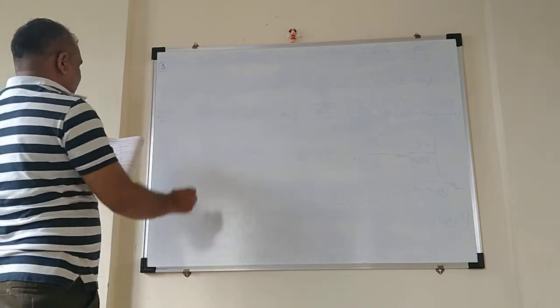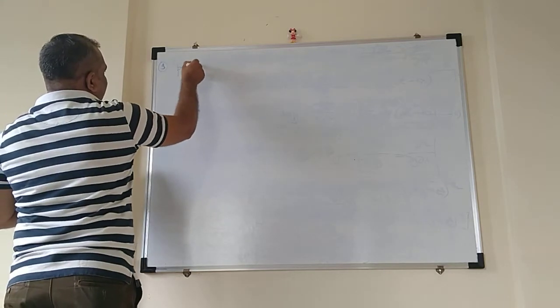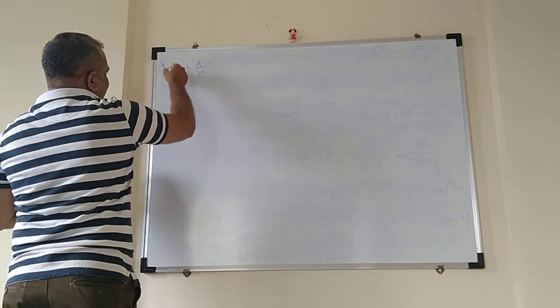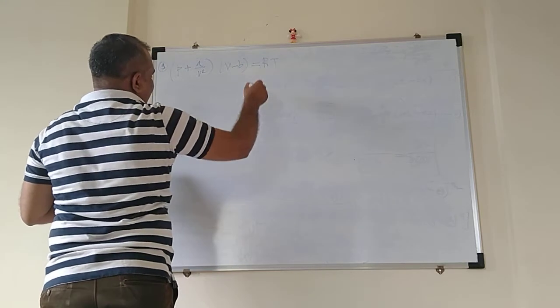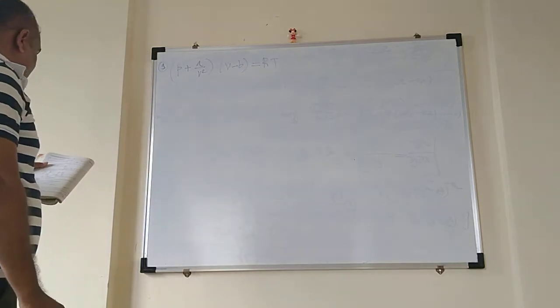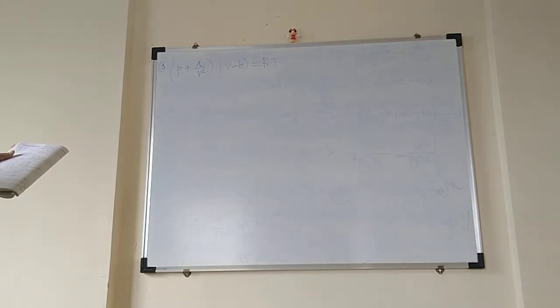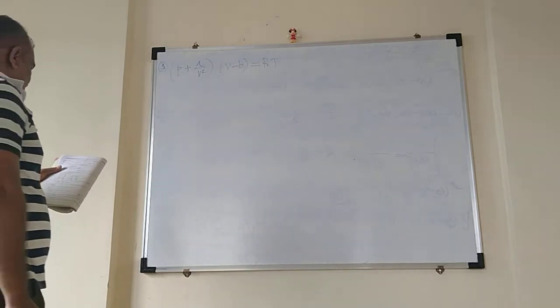Van der Waals equation is expressed as (P + a/V²)(V − b) = RT. This is your Van der Waals equation, and from this equation we have to obtain